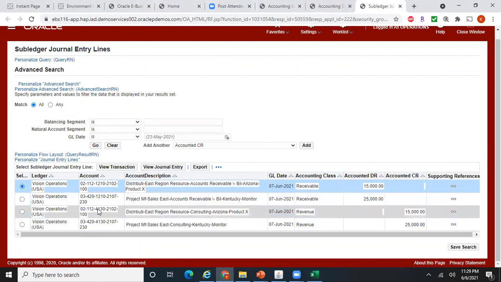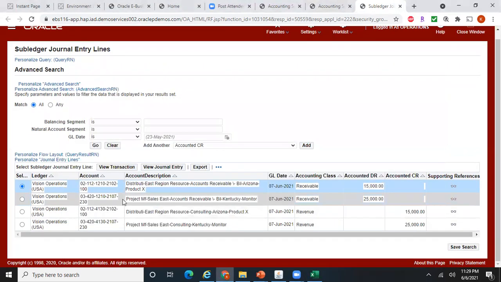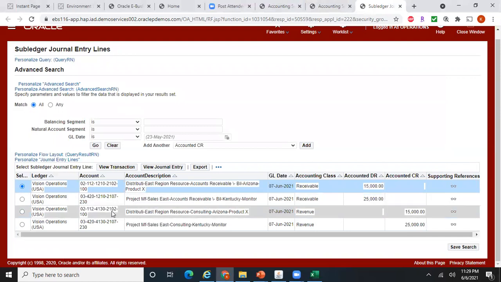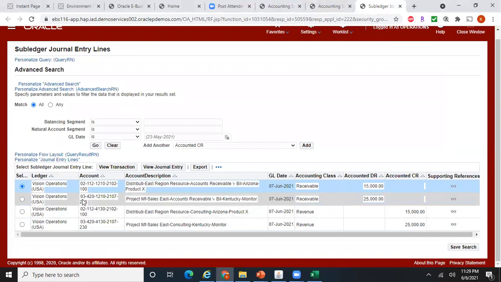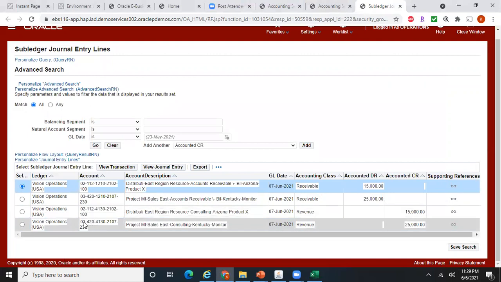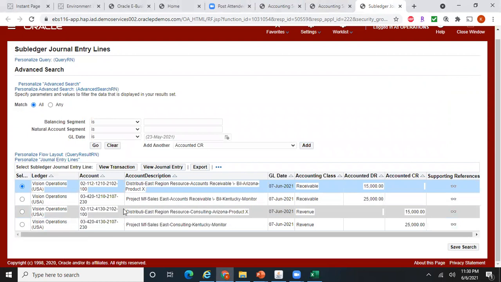As far as the account code combinations are concerned, 02 is copied here, 112 is copied, and 1210 is the receivable account retained from the original account, and then your sub account and product are copied. Similarly for the next line, your first, second, fourth, and fifth segments were copied from your revenue account. So this is how system generates multiple receivable accounts when there are multiple revenue accounts.